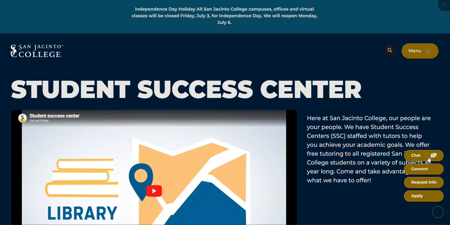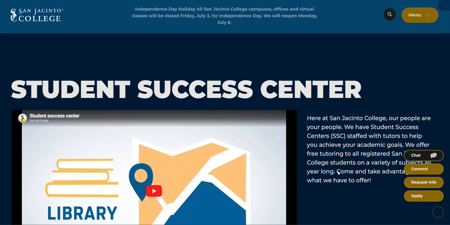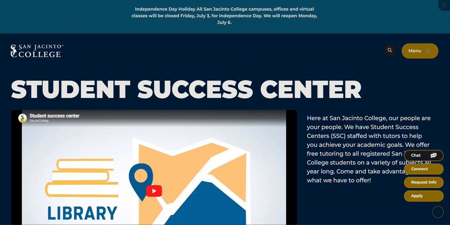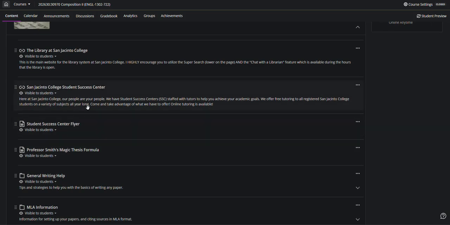You can chat with them. You can do this all over the internet online. You don't have to actually go in to the Success Center. You can set up tutoring times and appointments with them there, or you can go to the campus and make appointments as well. That's Central Campus. Here's a flyer that talks all about that.